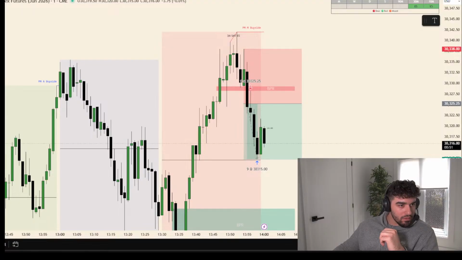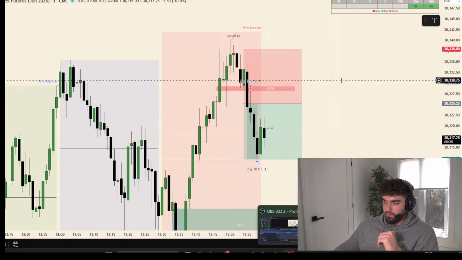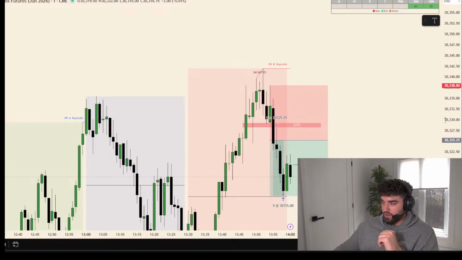So for me, ignorantly, all I'm seeing over there is a sweep of the previous swing high from 1 o'clock, and then an IFVG, an inverted fair value gap. You don't even have a market structure shift the way I'm seeing it. No, that's exactly it. I could give you this trade.